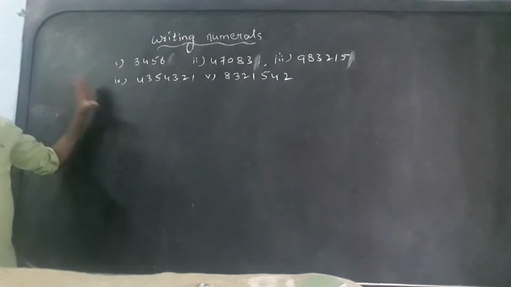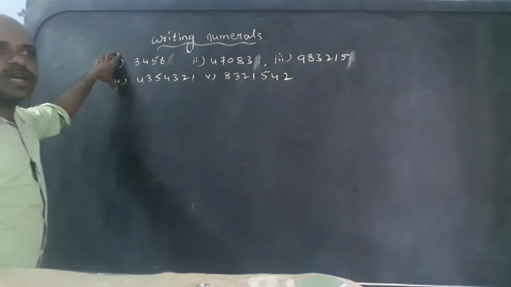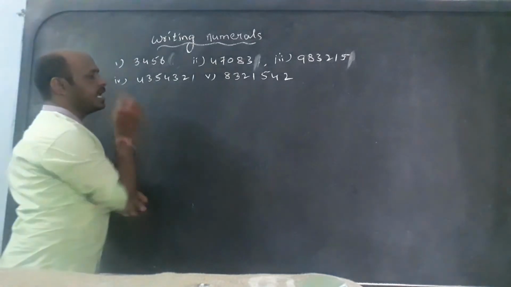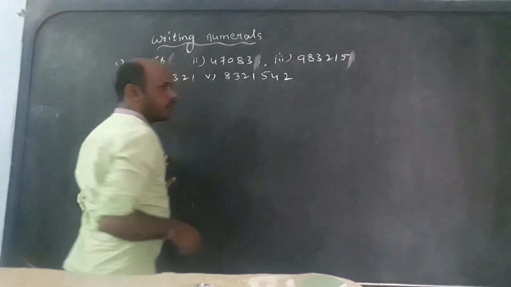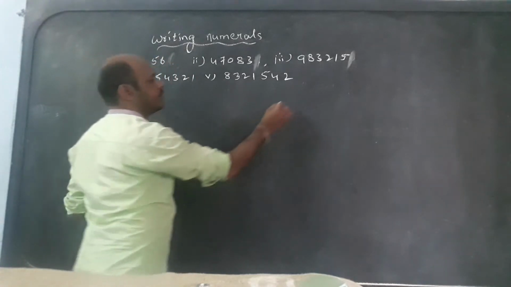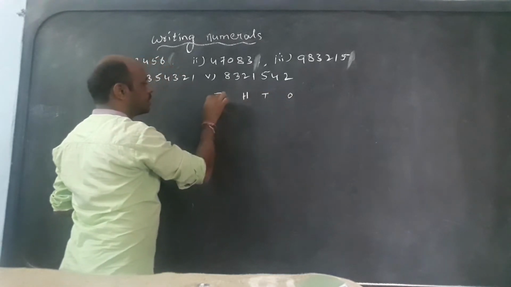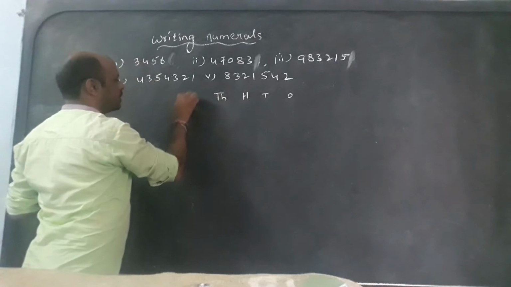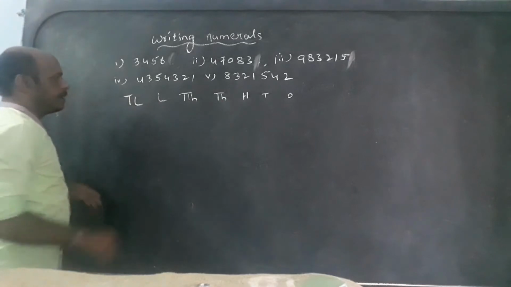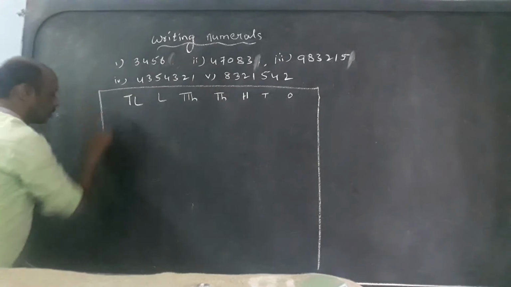We don't know yet. Now we have to arrange these numbers according to the place values in the Indian place value system. See here, whenever we give place values, you have to place them from right to left: ones, tens, hundreds, thousands, 10,000s, lakhs and 10 lakhs. This is the place value. See, draw lines.